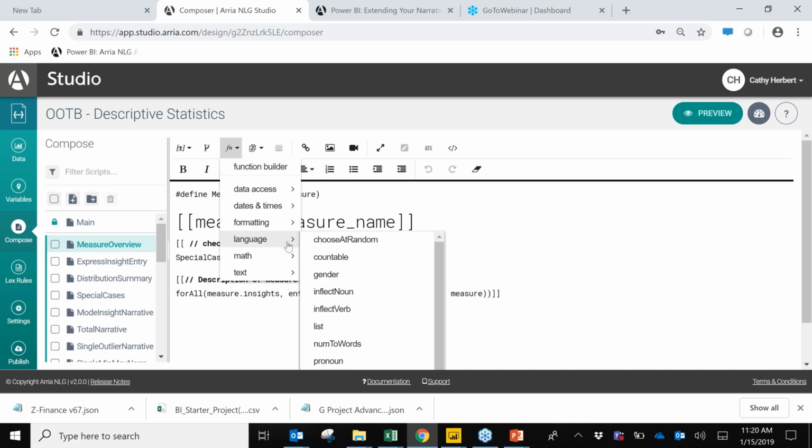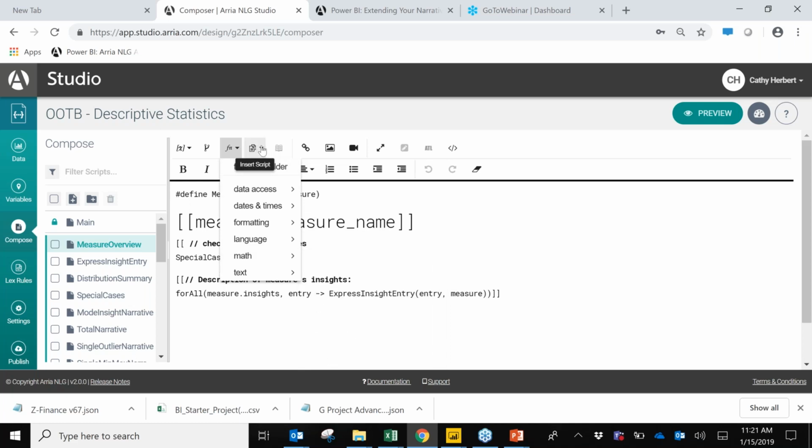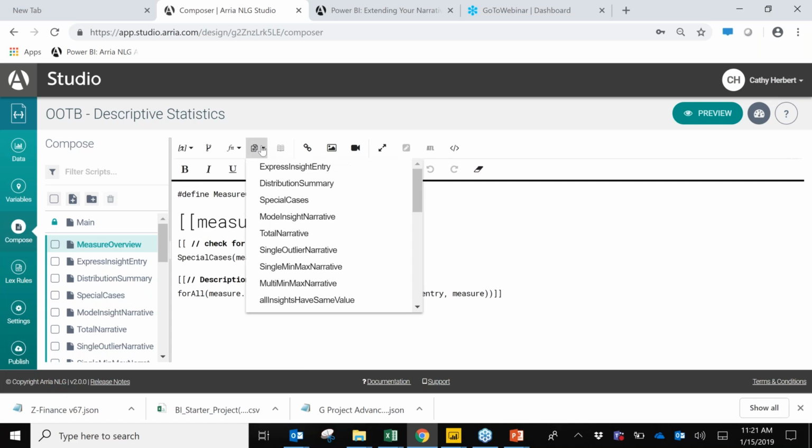Language functions are very key to everything we do at Arria. So you can see that we have choose at random capability. I can inflect nouns, inflect words, pronouns, lists, all kinds of unique language features that help us ensure that the language is always accurate. We have math features, we have text features as well. I also have an integrated thesaurus. So if I wanted to pick a term in the thesaurus, I could get other like words,